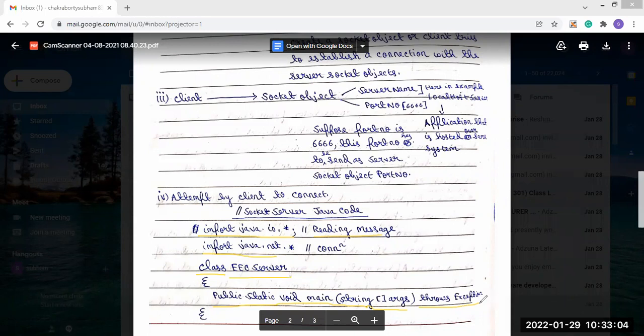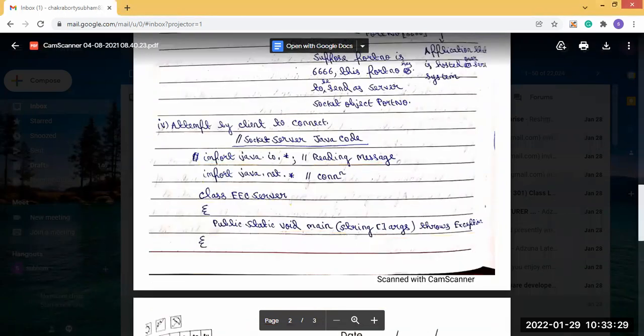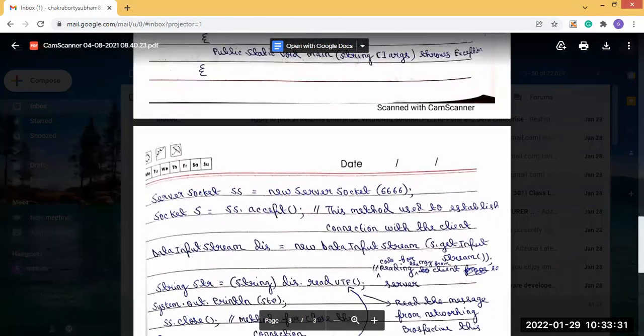So you can write it like this with throws Exception, or you can use a try-catch block. It's up to you how you use it. I am preferring to use throws Exception here, but you can also use a try-catch block there. So that means the statements present inside this can throw an exception.